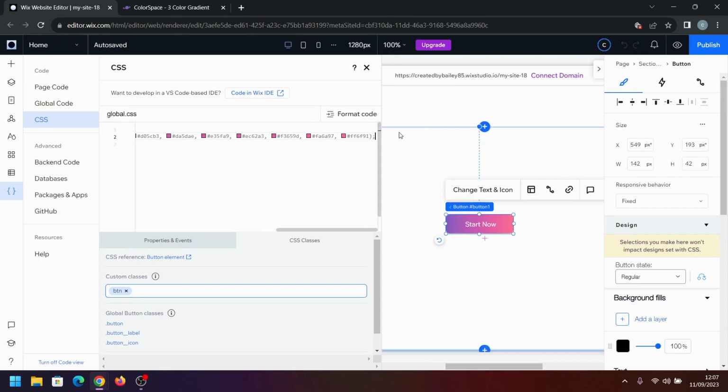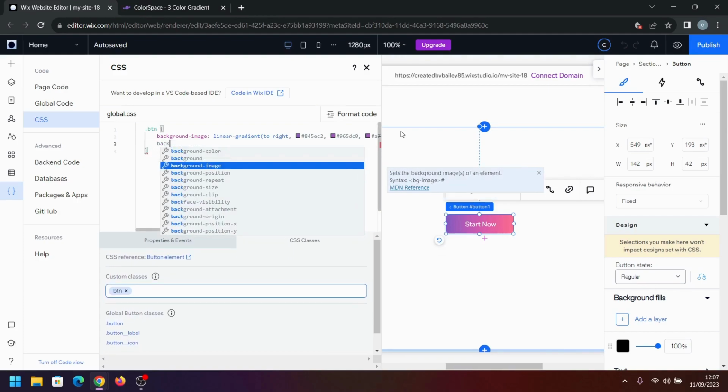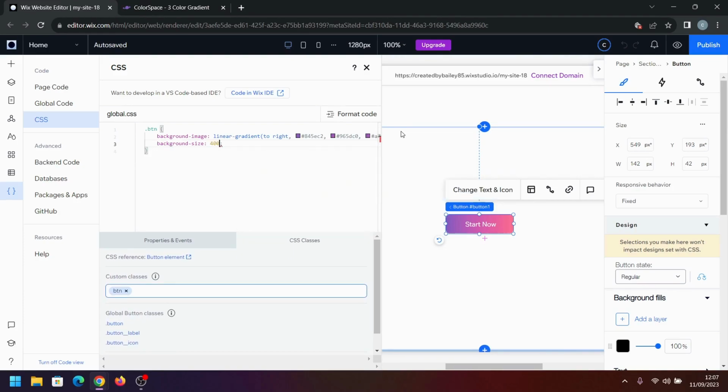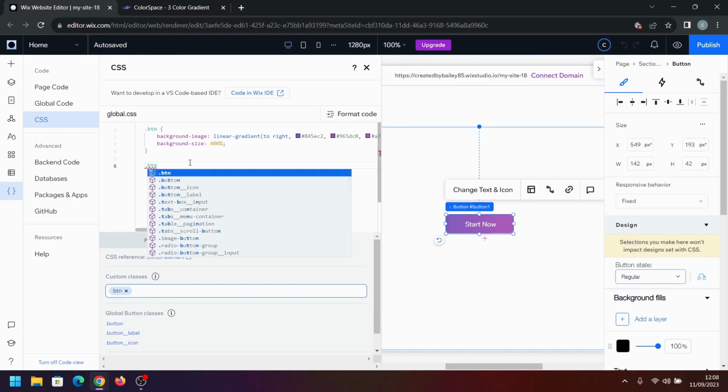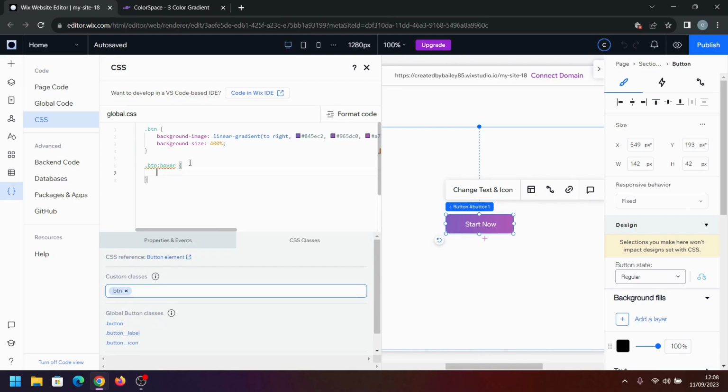Next thing we want to do is set the background size to 400%. This will make the background much longer, so we've got more of a solid purple color on our button to start with. To do the hover effect, we type dot btn colon hover and then the curly brackets,